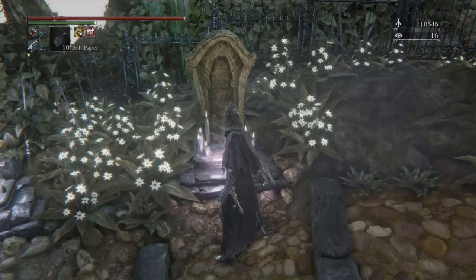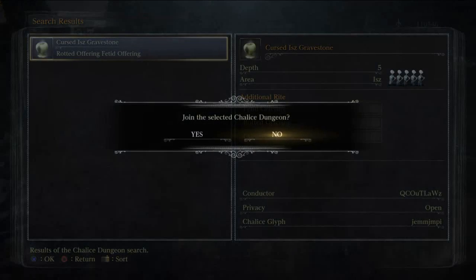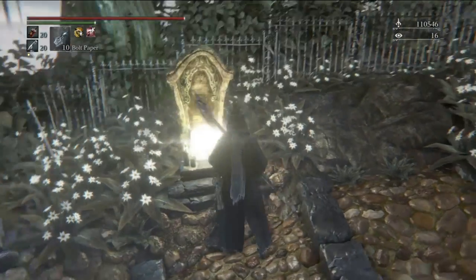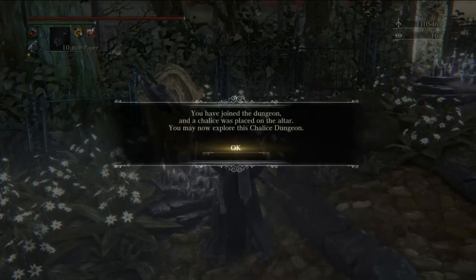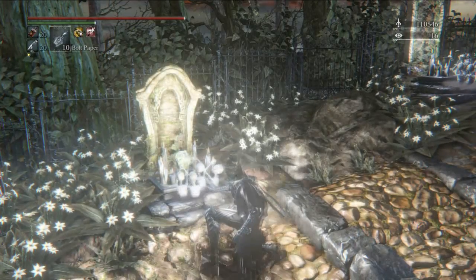So it being cursed obviously does mean that you're going to have half your health, but it's not that big of a deal. It's a very safe dungeon. You can walk through very quick, and the boss is actually really simple, and it's the boss that we want to kill. So, you create that dungeon, you enter it,